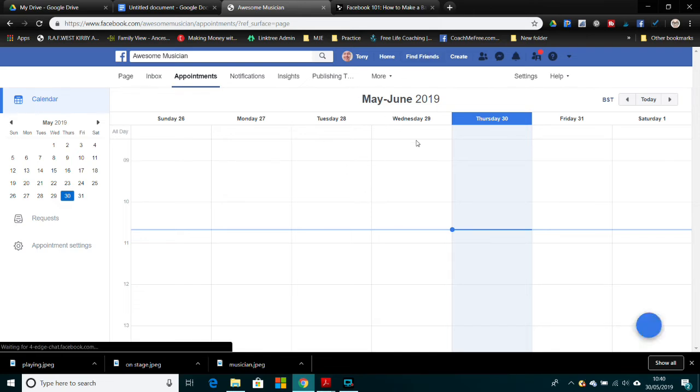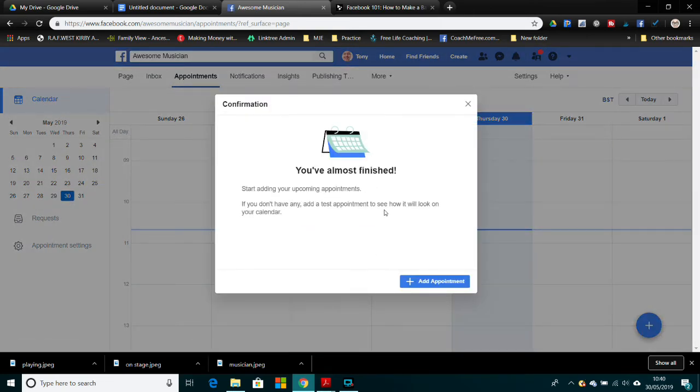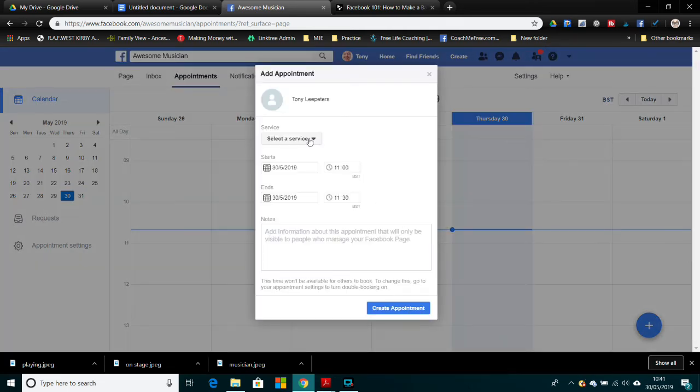So then we're on our appointments page. So it's asking us to book a first appointment. So we're going to do a test appointment. So imagine that someone has already told us that they want to book us in for something. They're going to book us in for today. We've chosen the service, amazing musician. So it's whatever service is relevant to the booking, and we're being booked in from 5 o'clock in the evening